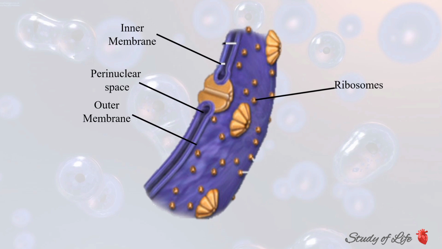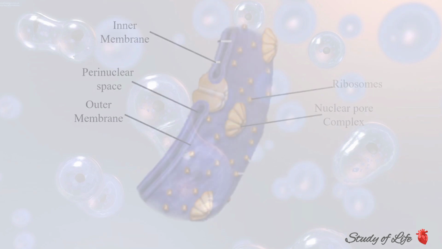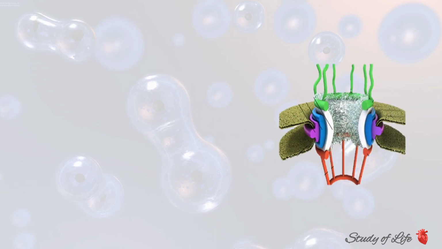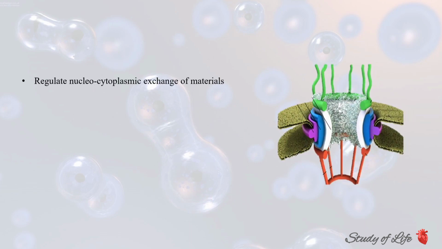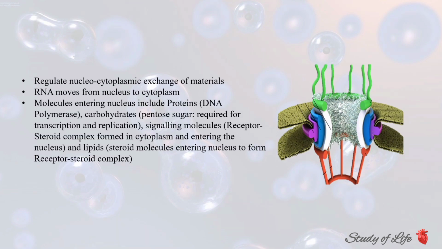There are numerous pores in the nuclear envelope called nuclear pores, which are composed of a specialized transport protein called nucleoporin. These pores regulate nucleocytoplasmic exchange of materials. For example, RNA movement from nucleus to cytoplasm. On the other hand, molecules entering the nucleus include proteins, for example DNA polymerase, carbohydrates, for example pentose sugar, required for